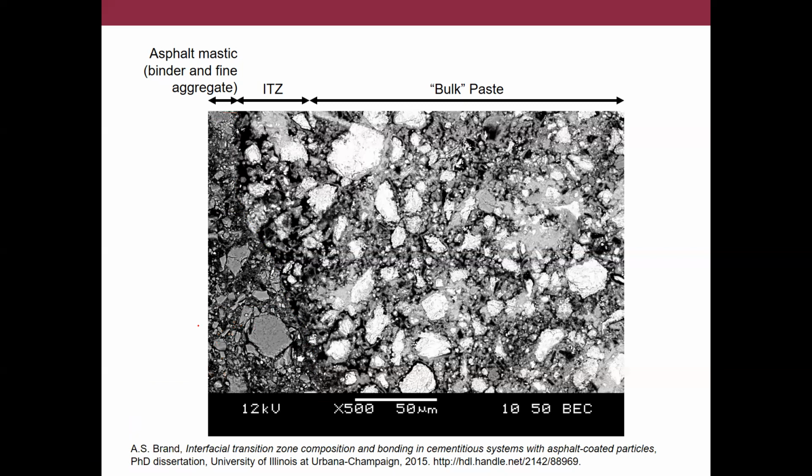So again, same thing here. Everything white is unhydrated cement. This was a one-day-old paste, so there was significantly greater amounts of unhydrated cement. Everything black is still porosity. Everything light gray is still calcium hydroxide. And what I like about this image is you can almost already clearly see quite a bit of high porosity near the interface. That appears to be greater porosity in these regions as opposed to out here in the bulk microstructure. And this is something that we're going to see in a few minutes with the actual image analysis.